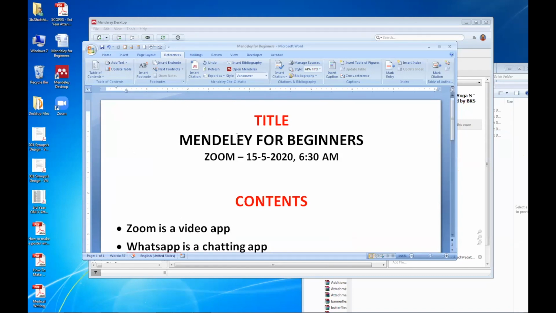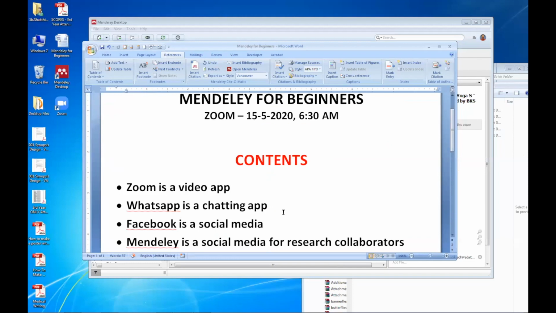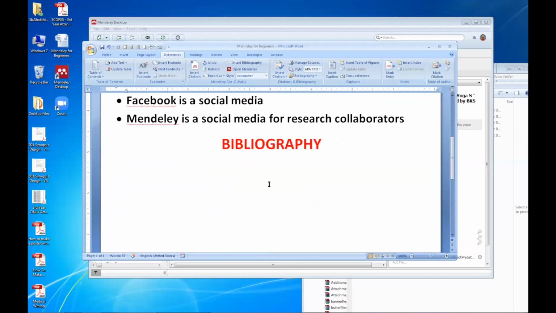I set all the font size, everything, and I put a title, and I put contents. Now this content section will have whatever we want to have. Usually the contents will be summary, introduction, methods, results, analysis, discussion, all those things will be available here. At the end will be the bibliography, the reference section.